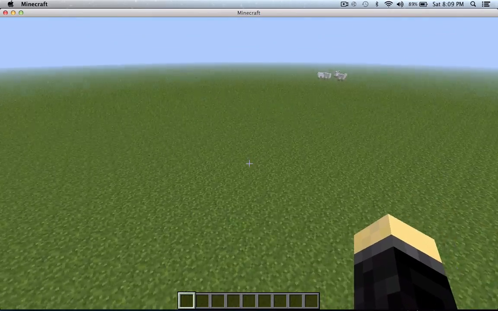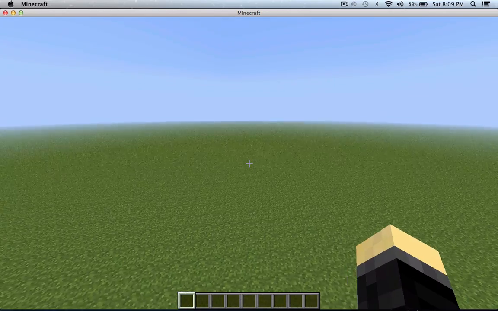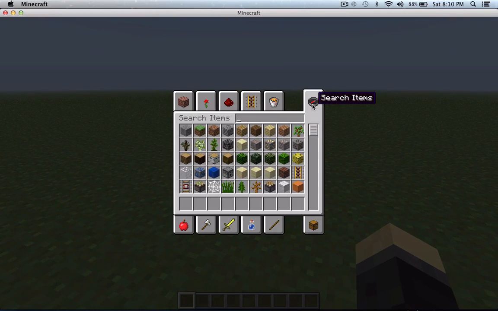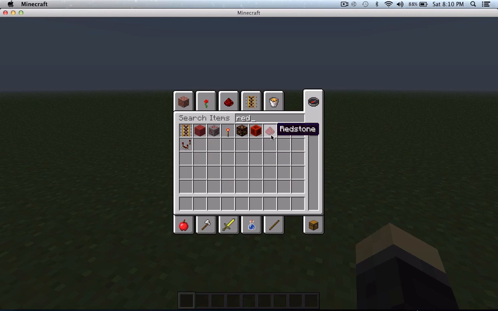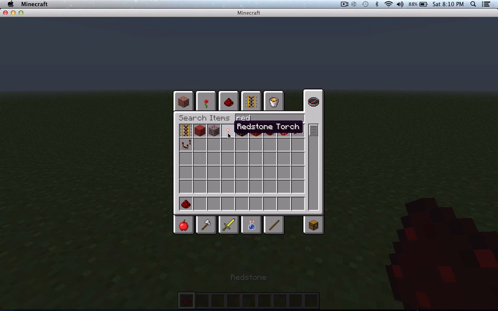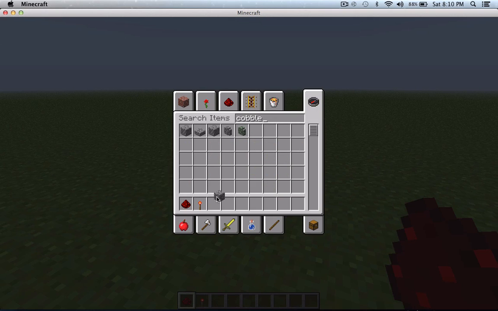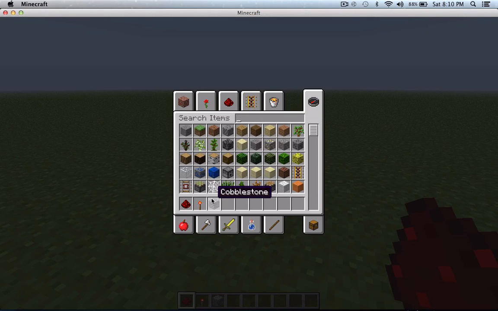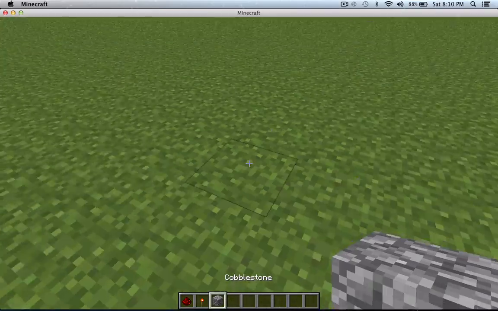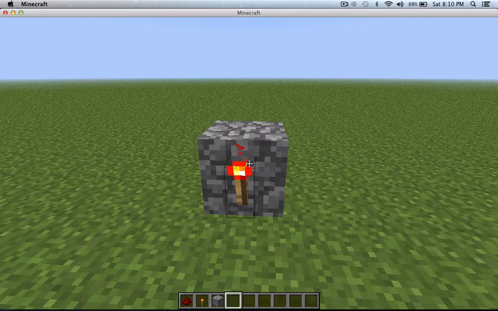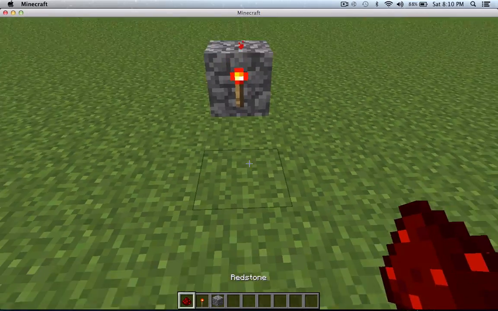In this video, I'm going to show you how to make a redstone clock. Okay, first you're going to need redstone, a redstone torch, cobblestone, and yeah, that's it. Okay, first you put cobblestone, a redstone right there, the redstone torch, then you go like